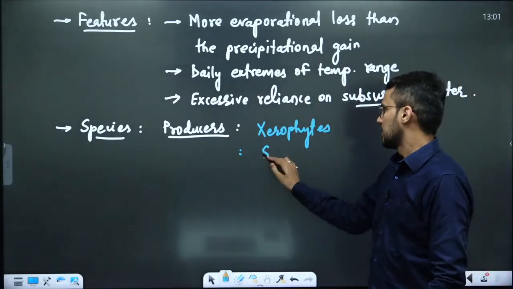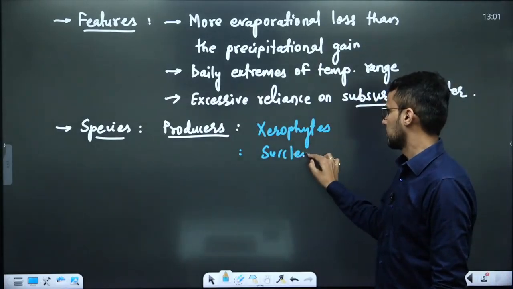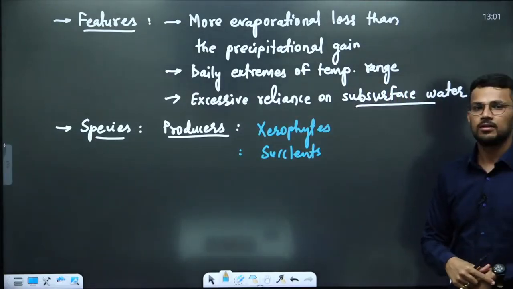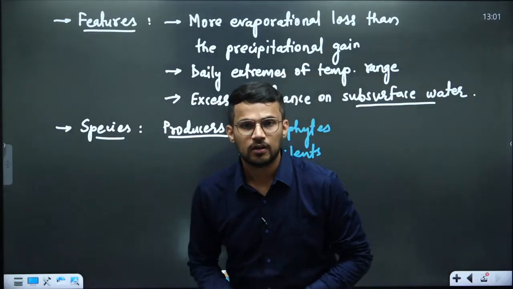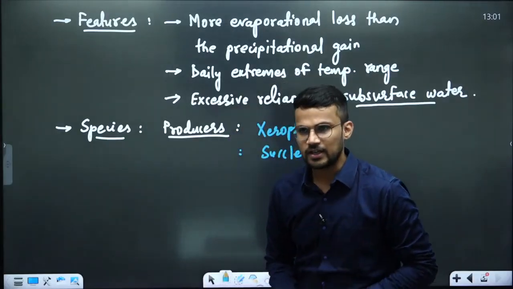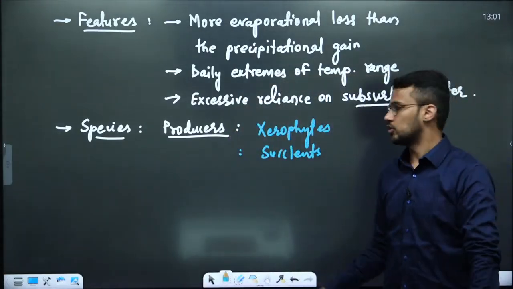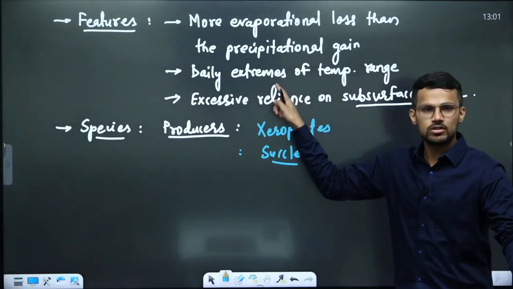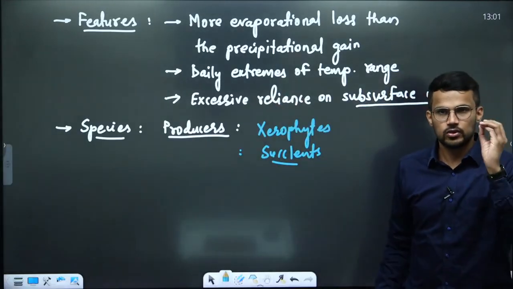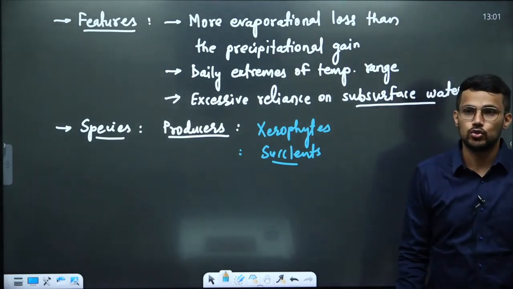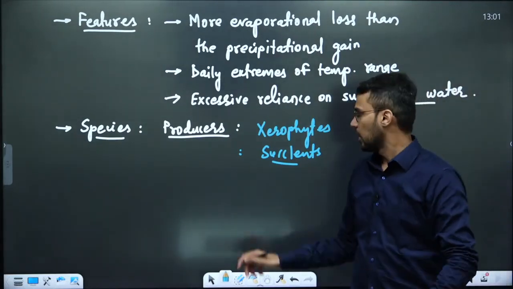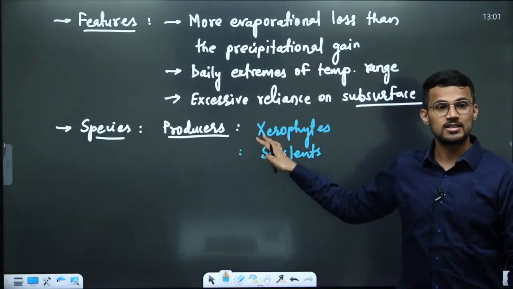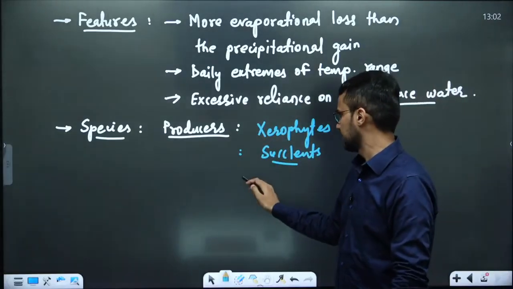They are succulents. Succulents means there would be some tissues called succulent tissues where we will be having storage of water, right? इन्हें क्या conserve करना है? Water conserve करना है. So there may be presence of some tissues called succulent tissue, which will allow them to store water, and hence we call these producers as succulents. ठीक है. Next,